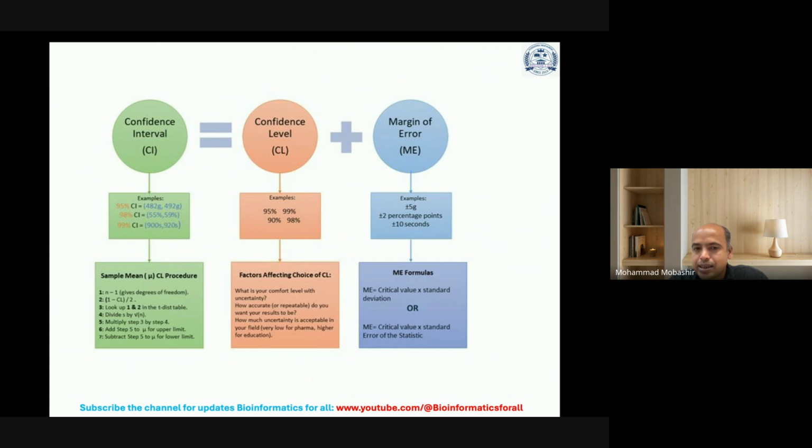How much uncertainty is acceptable for the problem which you are looking at, for example, pharma or higher education? So these are some of the things which you need to understand for the confidence limit or confidence interval